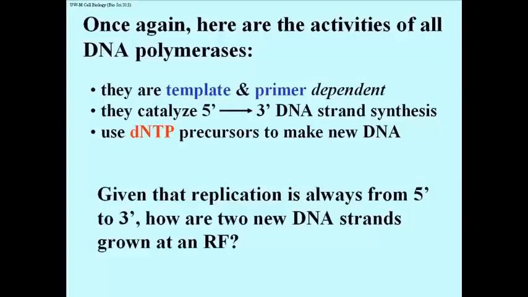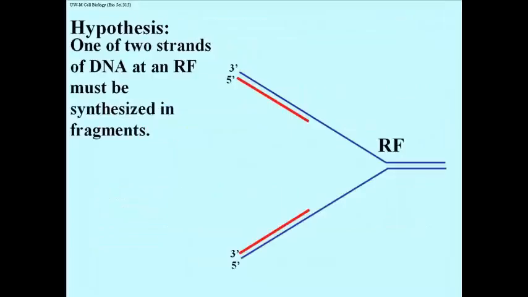We know that all DNA polymerases catalyze 5' to 3' strand growth, and that no DNA polymerase can synthesize DNA 3' to 5'. Since this is true, how can we rationalize replication of both strands against their templates at a replication fork? The only reasonable hypothesis was that while one strand could be synthesized continuously as the replication fork keeps unwinding, at least one DNA strand would have to be synthesized in pieces or fragments that would later be stitched